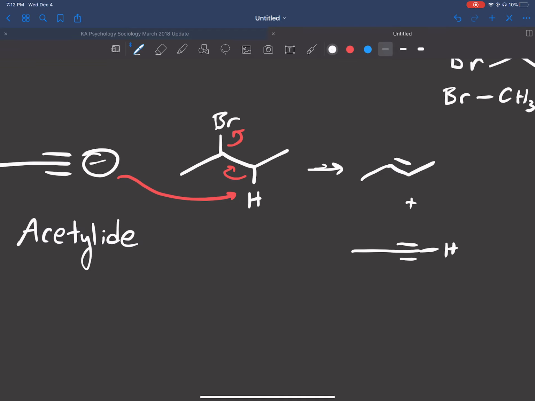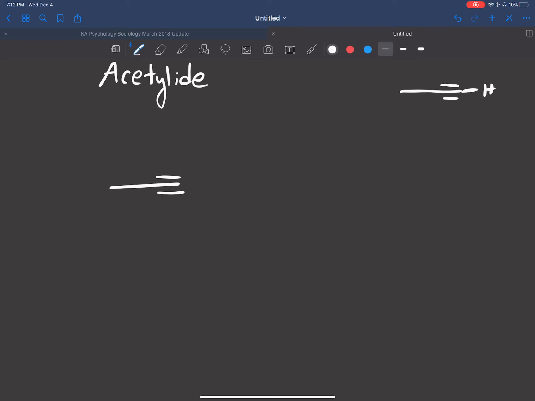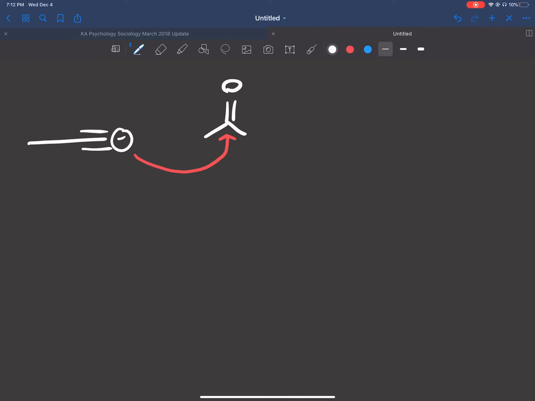All right. Now there is another thing that we can do with acetylides. Let's say I have this acetylide right here, and we can react it with carbonyl groups. So let's say I reacted it with this carbonyl. It's got two methyls on it. Oh, and here's our negative charge. What can happen is this is going to attack the carbon of that carbonyl. And remember, the reason carbonyl carbons are electrophilic, prone to getting attacked, is if we look at the resonance structure, which I'll draw in blue, that arrow,